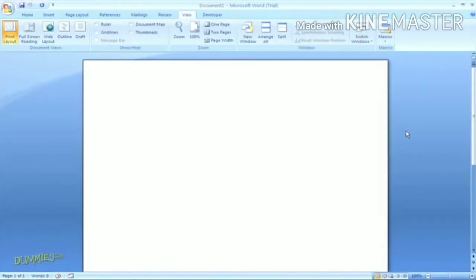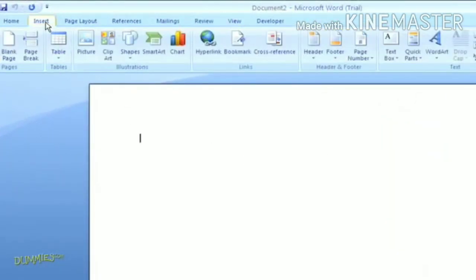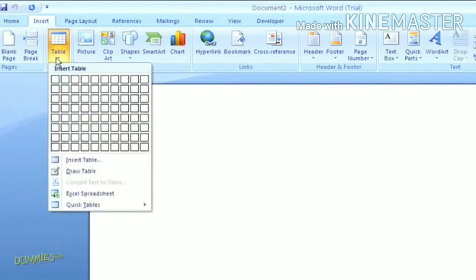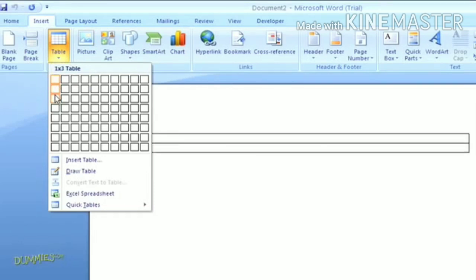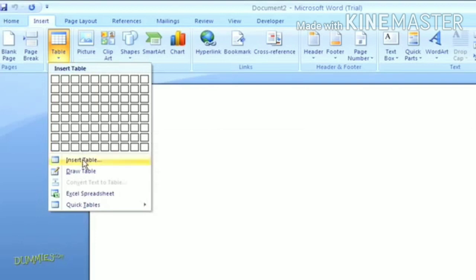When you do the practical class, you will be getting this, but let us just see how you can do it in your computer. Just open a blank page, and your cursor should be at the point from where you want to insert the table. You can directly go to the table option in the insert menu. When you click, you will get insert table. In the table box, you can just select how many rows and how many columns you want, and just click on it, and then your table will be inserted.